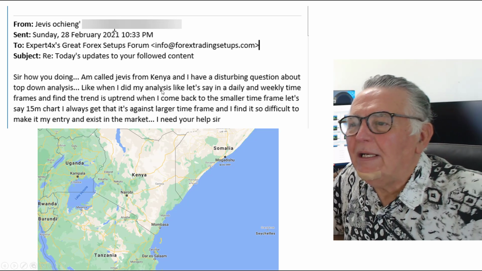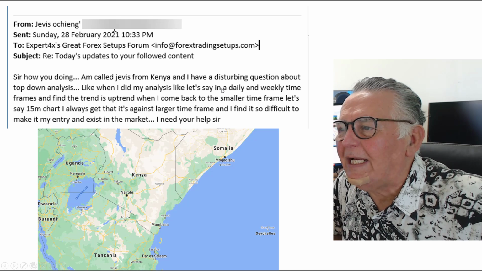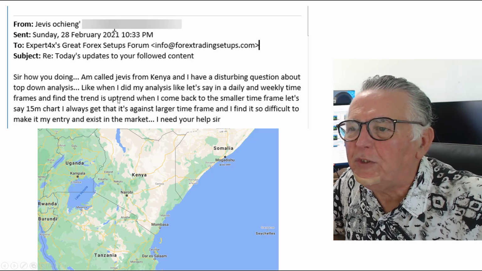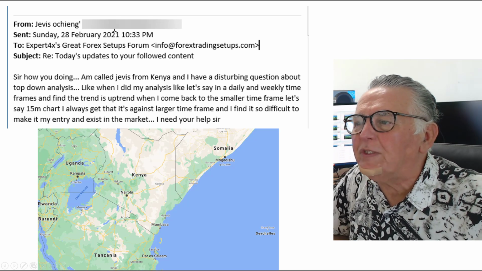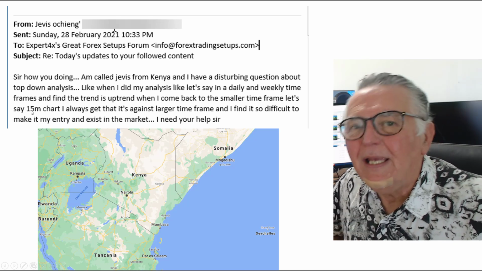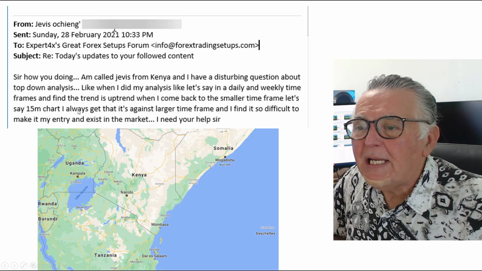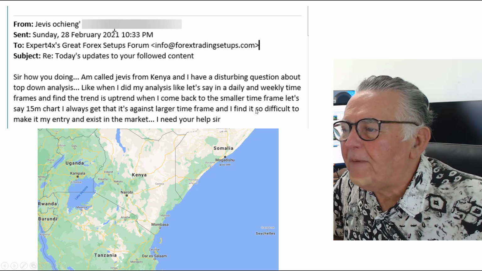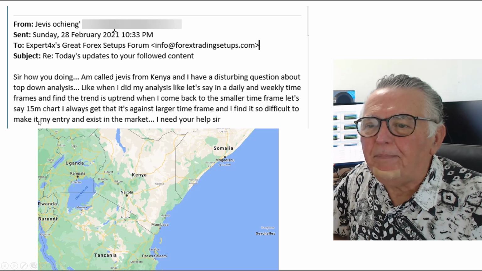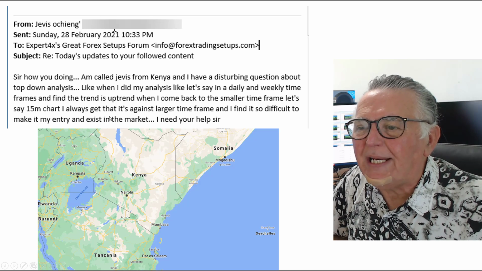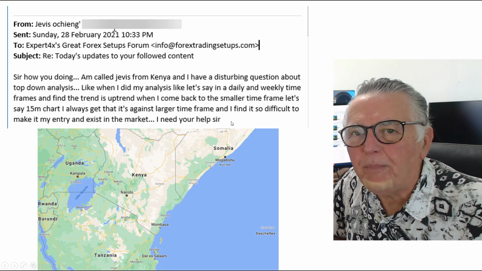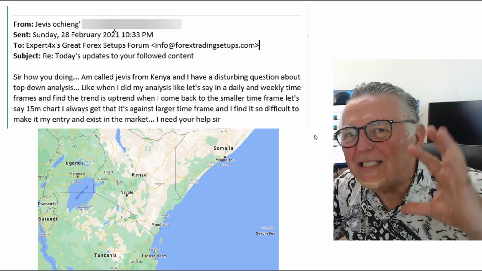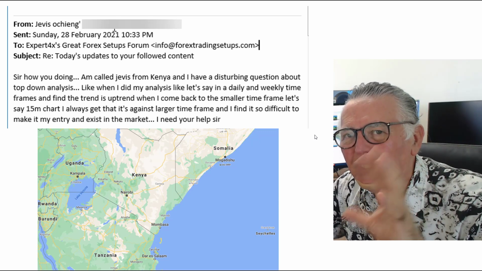Like when I do my analysis, like let's say in a daily or weekly time frame and find the trend to be uptrend, then I come back to the smaller time frame and let's say the 15-minute chart, and always I get it against the larger time frame, and I find it so difficult to make it my entry and exit in the market. Can you help me, sir? So essentially what he's talking about is the three chart trading system, which I'll go into in a little bit